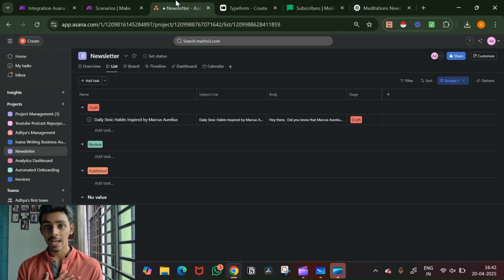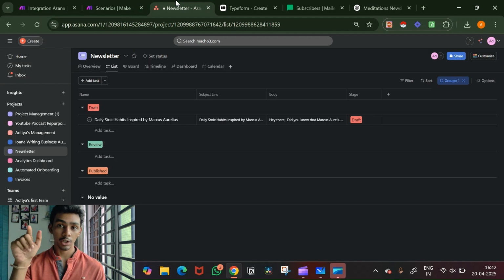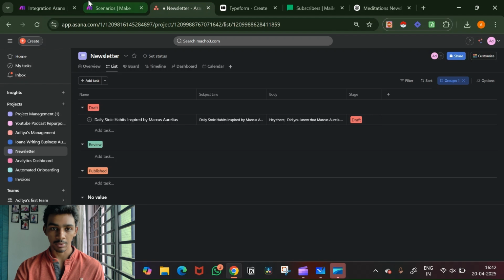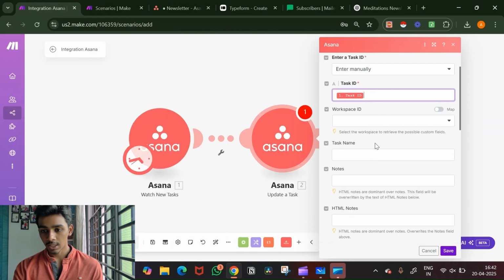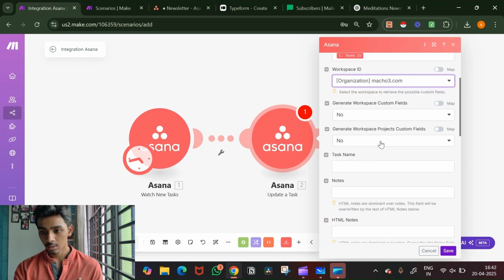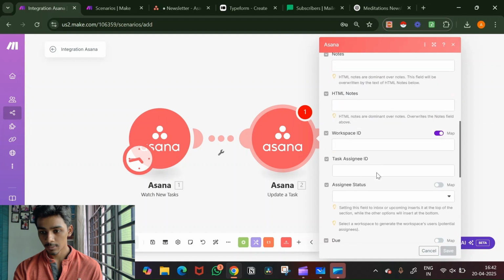Unless and until I review the newsletter and say, okay, this is good, publish it, it won't publish it. That is what I didn't do in my original newsletter automation, which I'm going to do right now. So we have the task ID, and under workspace ID,